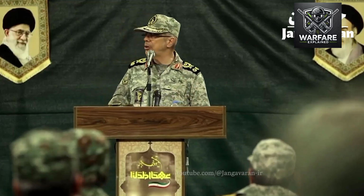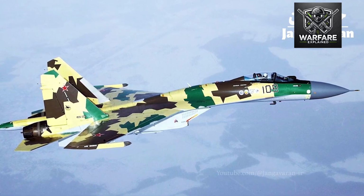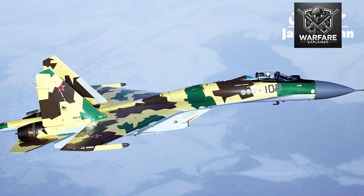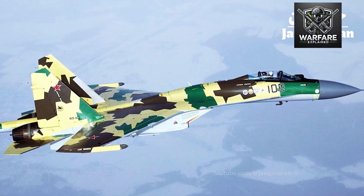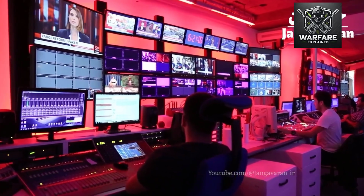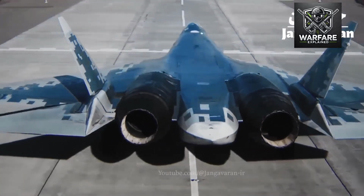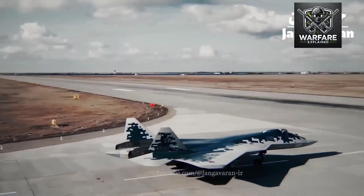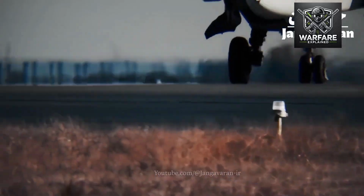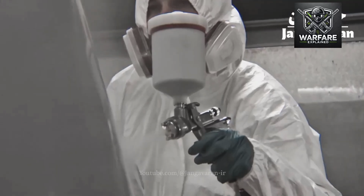It's powered by two Saturn AL-41F1S turbofan engines, each generating about 142 kilonewtons of thrust with afterburners. These engines have 3D thrust vectoring, allowing it to perform extreme maneuvers that most aircraft simply can't replicate. Its top speed reaches around Mach 2.2, roughly 2,400 kilometers per hour at high altitude. The combat range with internal fuel is around 3,600 kilometers, and with drop tanks or aerial refueling, it can go